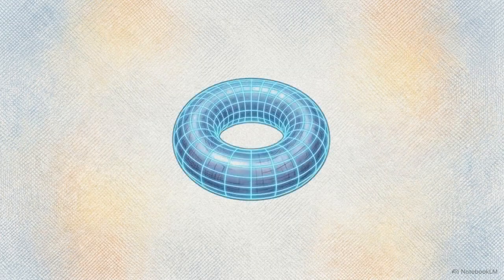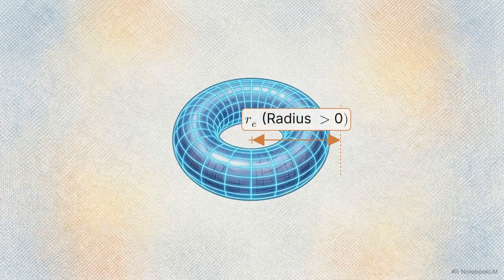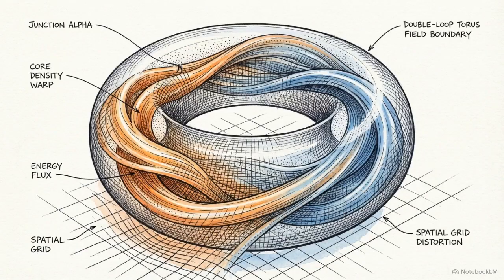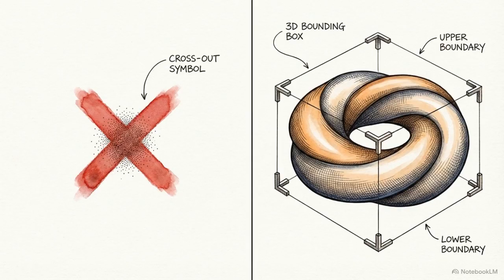This topology possesses a finite, non-zero radius. Because the electron occupies a specific volume, the electromagnetic field energy trapped within it remains strictly finite. This confined field energy provides the mechanism for mass. Inertia emerges from the trapped energy of the circulation, m equals e squared over c squared, removing the need for an external Higgs field. Simply giving the electron physical boundaries resolves the infinite self-energy paradox. Mass and charge become natural artifacts of the geometry.